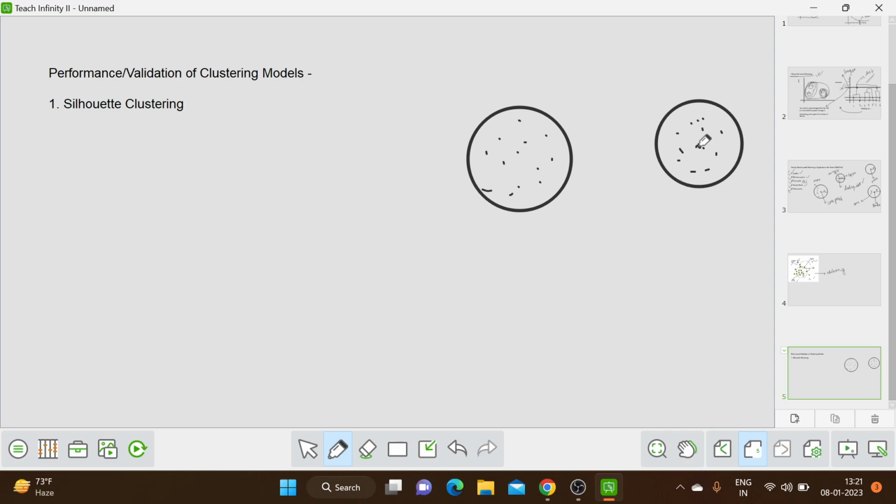The first distance is from here. I will take a centroid, the middle, and calculate the distance to the data points. Suppose I term it as A of I. My formula becomes A of I is equal to 1 by C minus 1, where C is the number of data points, C minus 1 mod of C minus 1,